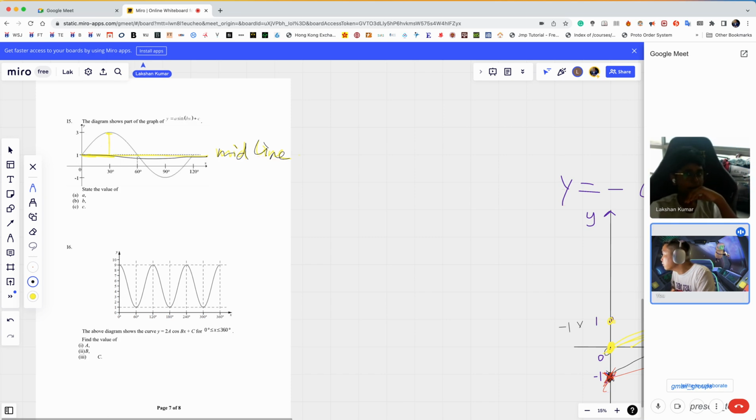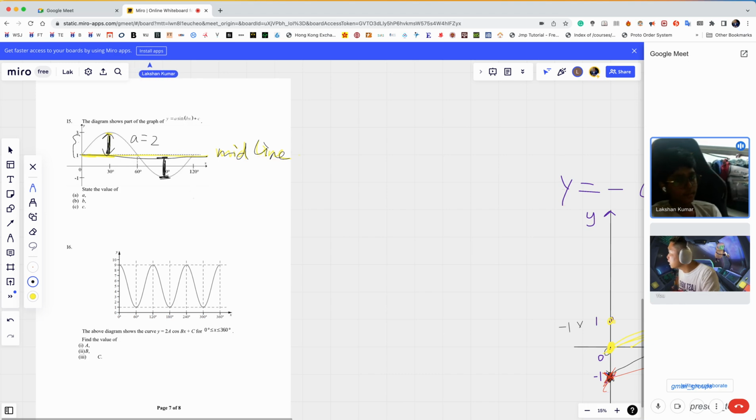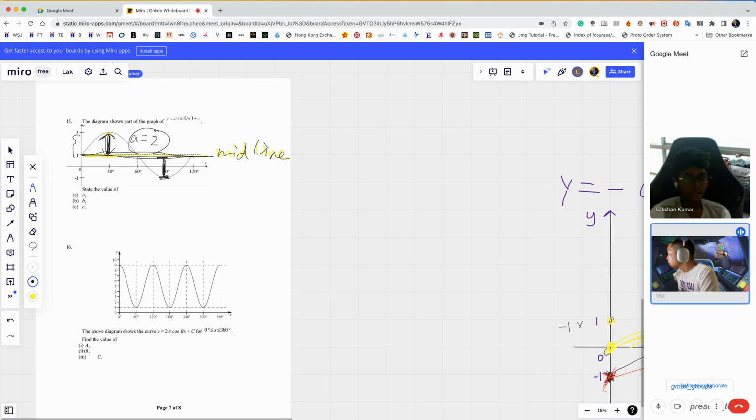So how to find the amplitude? The amplitude is actually here. It's plus 1. So A is 2, because 1 to 3 is 2. So remember how to find A. A is the midline to the max or the midline to the minimum, either way. Amplitude, okay, so A equal to 2. The midline to the peak. That's why you take the ratio here, the midline is 1, so the top part, the maximum point is